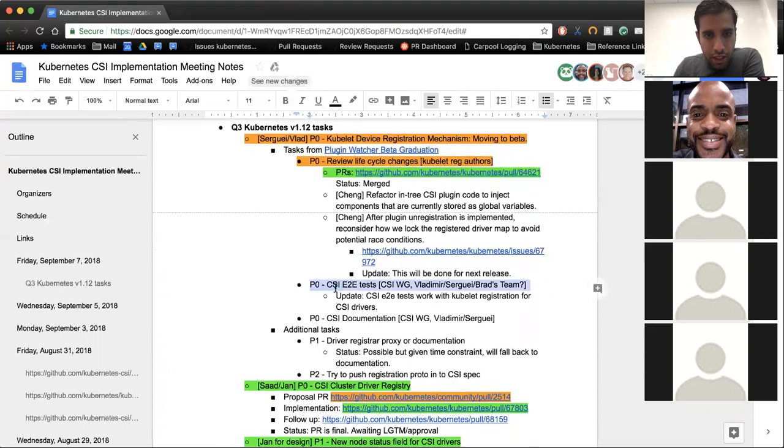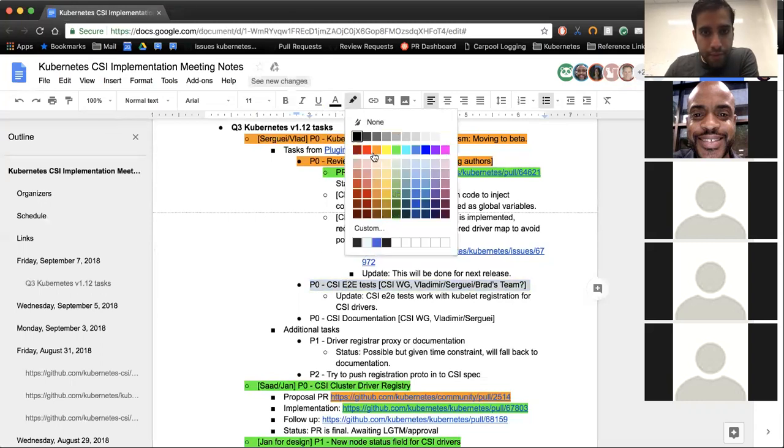Okay, so that's looking good. Next up, we need end-to-end CSI tests for this. Actually, an interesting thing was when the feature was flipped to beta, it was failing, so they actually had to go ahead and modify the existing tests to handle this, and they already did that. So the new path is already being tested. The current CSI end-to-end test is now testing this path. Neat. I think we're good there.